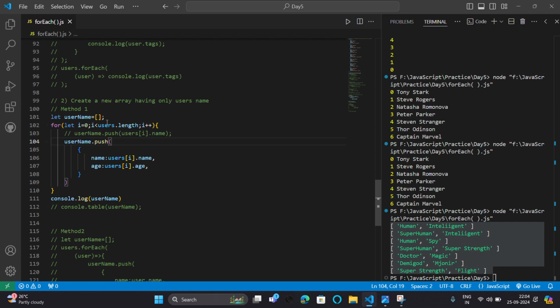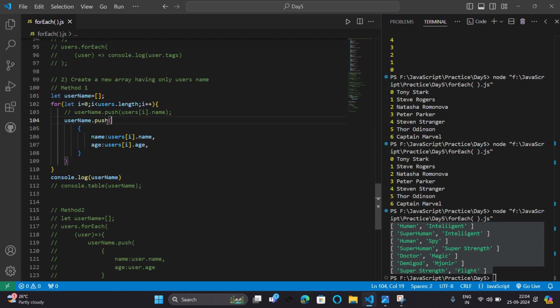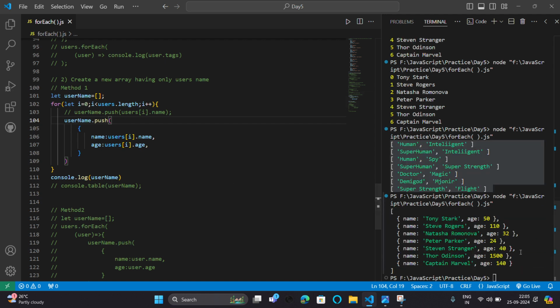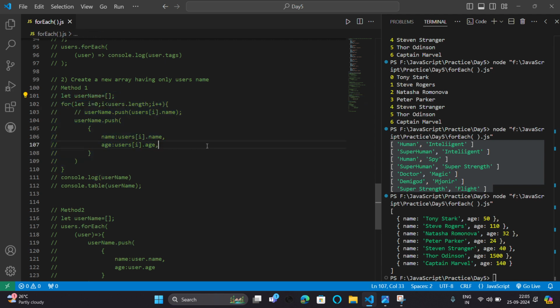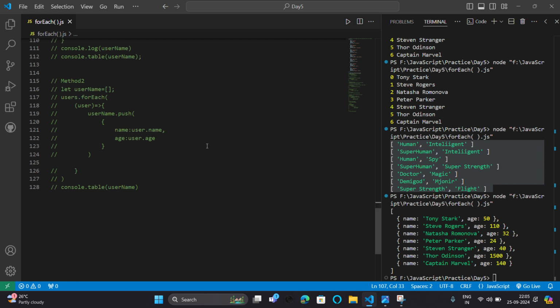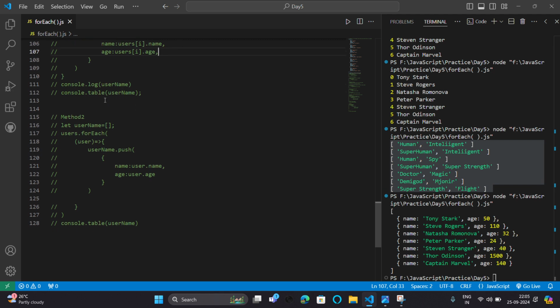So I create a new array, start from 0 to the length of this array, and one by one I push the names. If I run it, this is the names. I'm not using the forEach method here. So this is the forEach method solution.